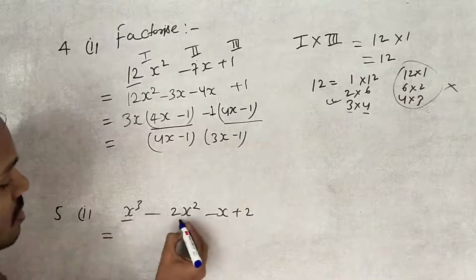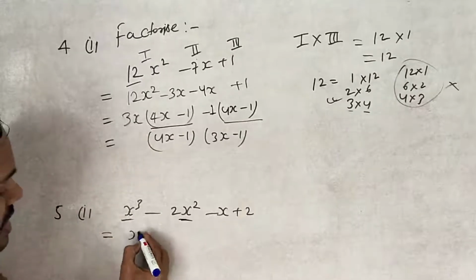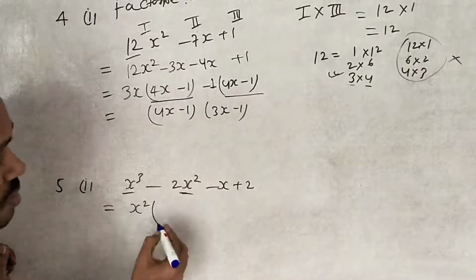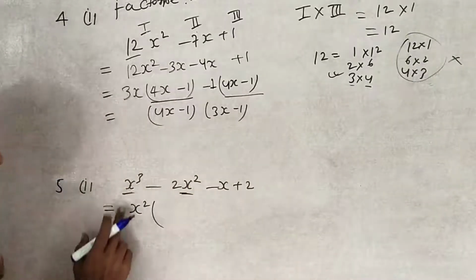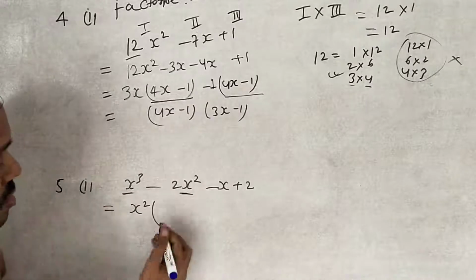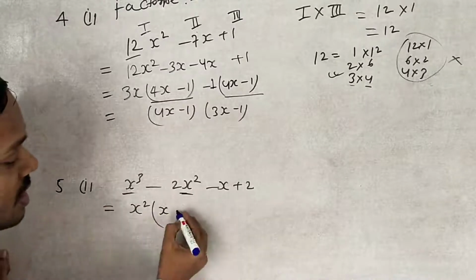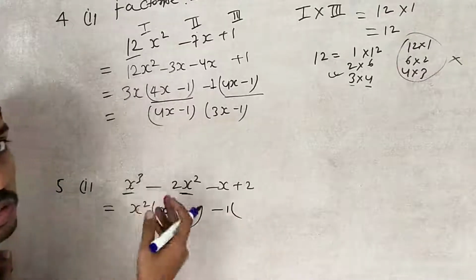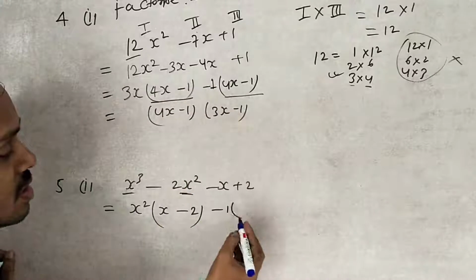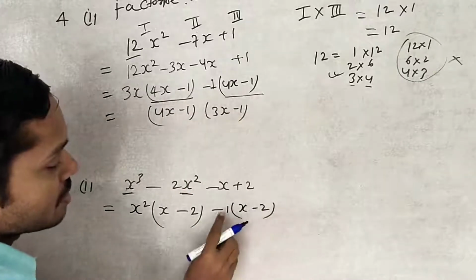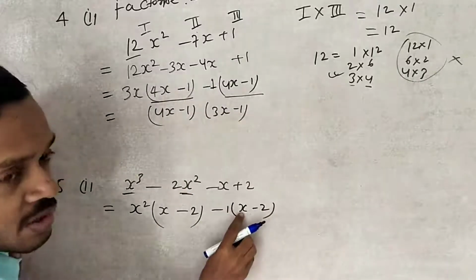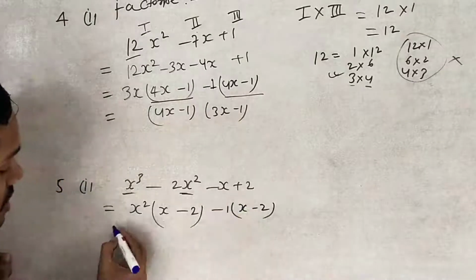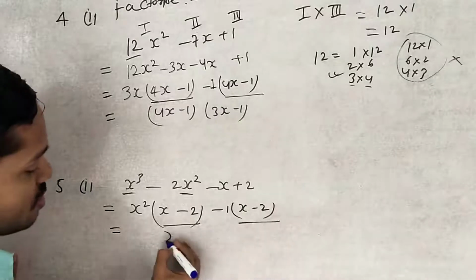Look at what is common between both of them. Look at the x power 3 and the x power 2. So what is common? x power 2. The lesser power is always common. From the power 3, how much is removed? 2. Only 1 is left, and there 2 is left. Now look at what is taken common: minus 1 is taken common. I told you that if nothing is common, then 1 is common. x minus 2. Look at that. Minus 1 into x is minus x, and minus times minus 1 gives plus 2. Clear? Now look at what is common: x minus 2 is common. Clear?